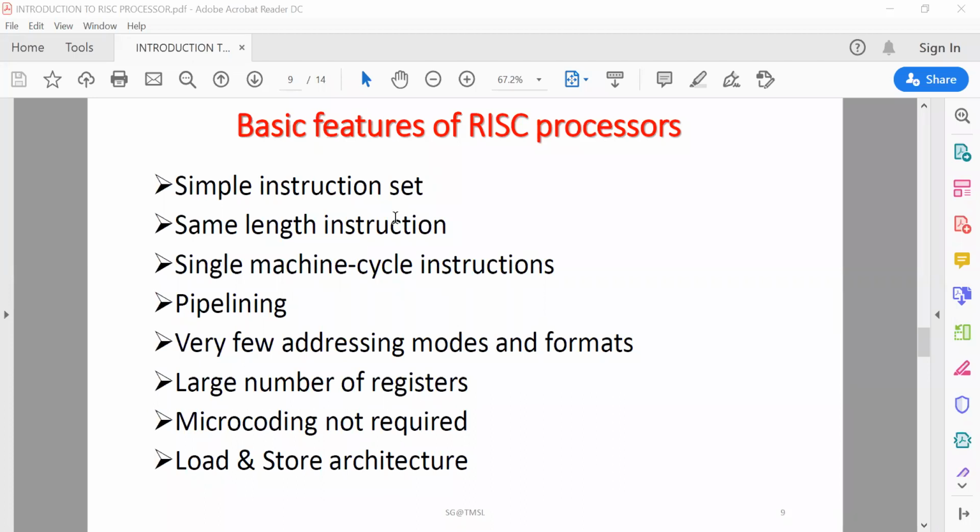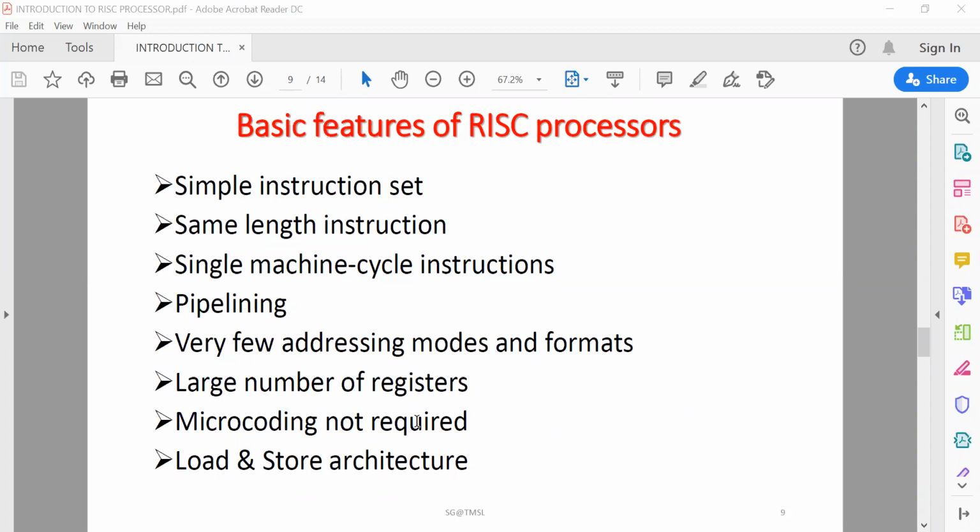Very low addressing modes and formats. Unlike CISC processors, where the number of addressing modes is very high, in RISC processors the addressing modes are much fewer and it supports few formats. A large number of registers are also there. The RISC design philosophy generally incorporates a large number of registers to prevent large amounts of interaction with memory, because register to register operation is much faster compared to the memory operation. So a large number of registers are incorporated into this processor, and microcoding is not required,